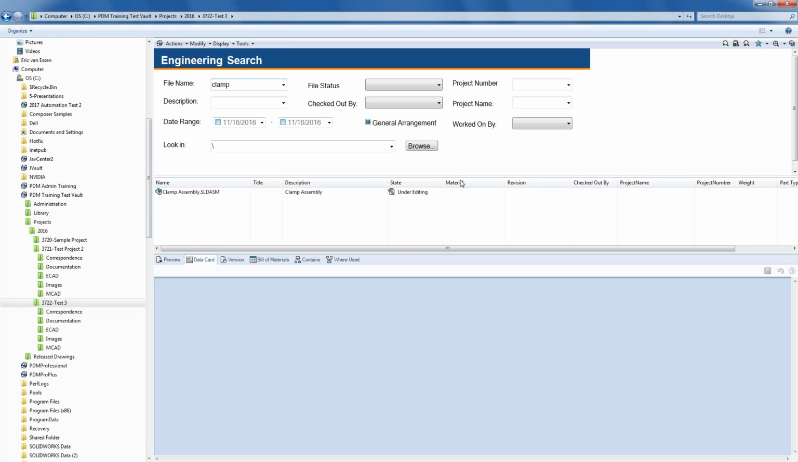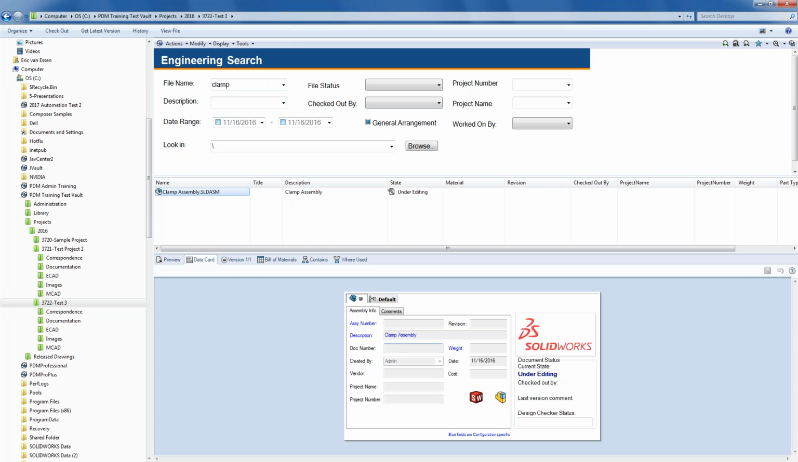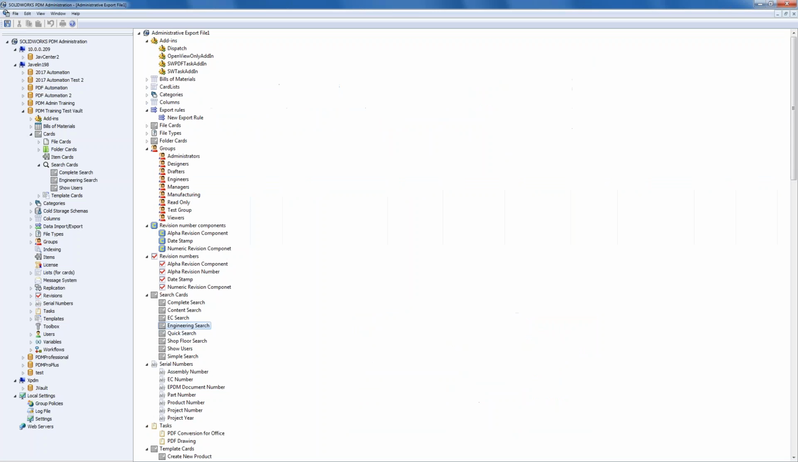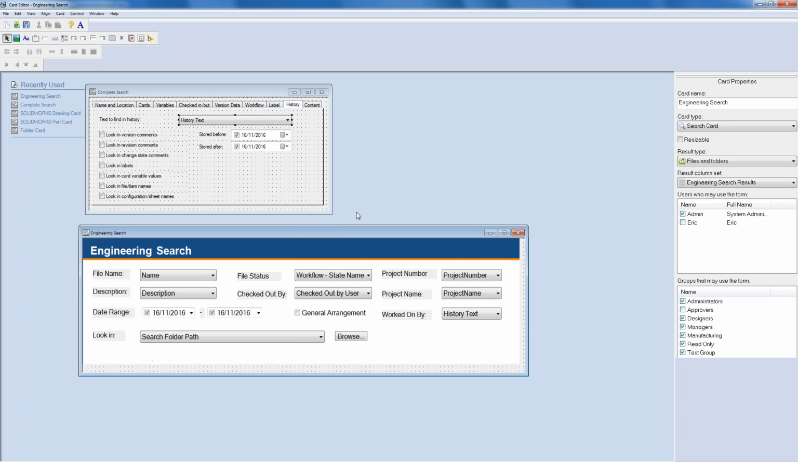So let's look at how that behaves, and let's think of something else that we want to search by. I'm just going to look at the data card. Actually, why don't we add created by as a search field? Obviously there are limited options with what's in the data card in this new vault, so I'm just going to add something as a test. Okay, so I'll go into the card editor,